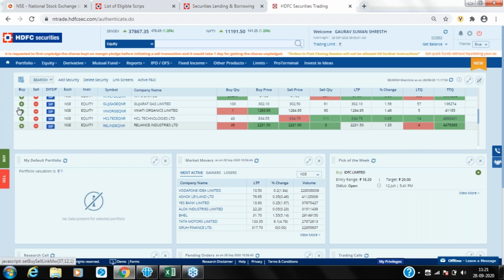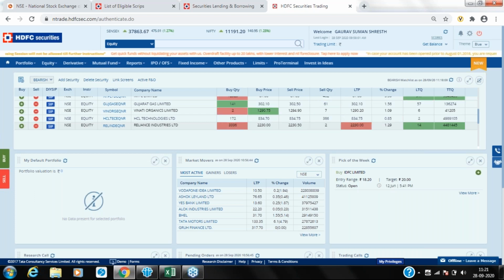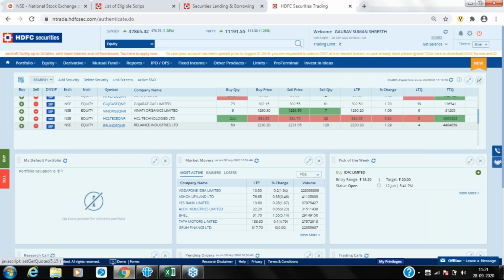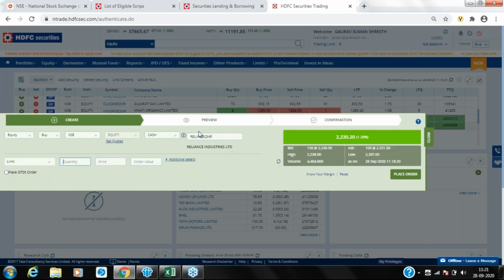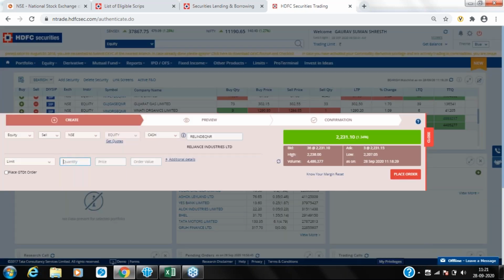The last order that is also very important in this webinar is the trailing stop loss order. Now we have discussed that trailing feature in the bracket order, but there is a separate trailing order facility also. This is especially useful for our positional clients, the clients who already have a stock in their portfolio and want to use the trailing stop loss feature to book their profit. So let us assume that you have Reliance Industries in your Demat account and you want to keep a target and a stop loss. How can you do that, how can you keep a target and a stop loss?